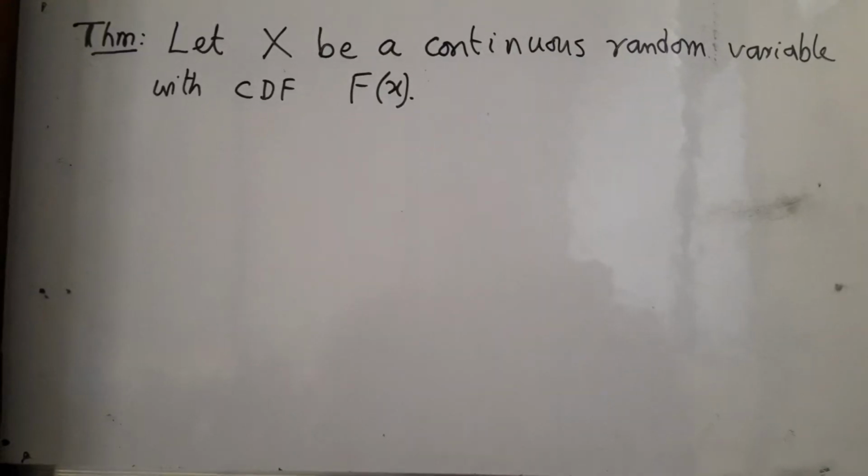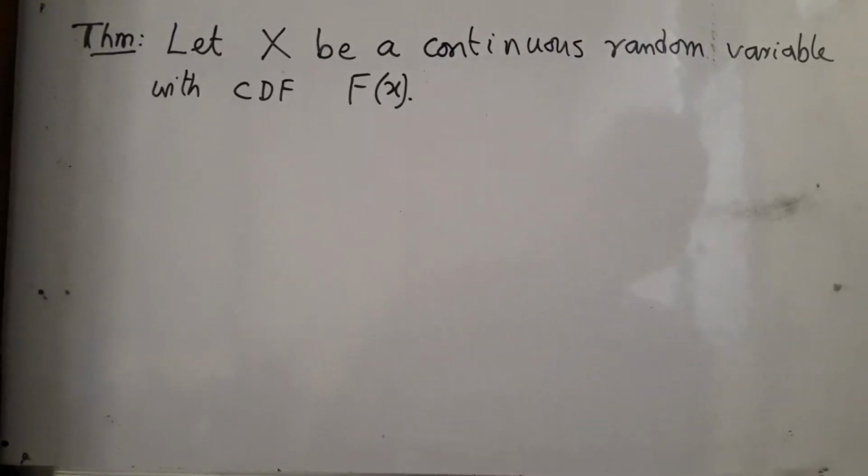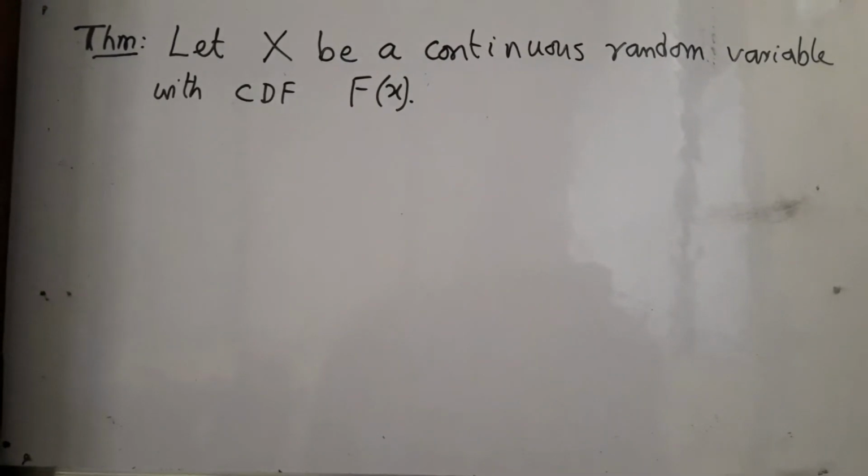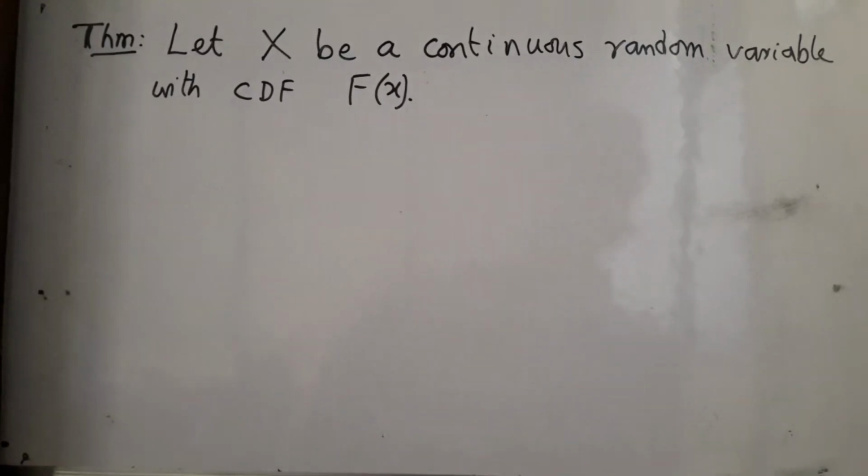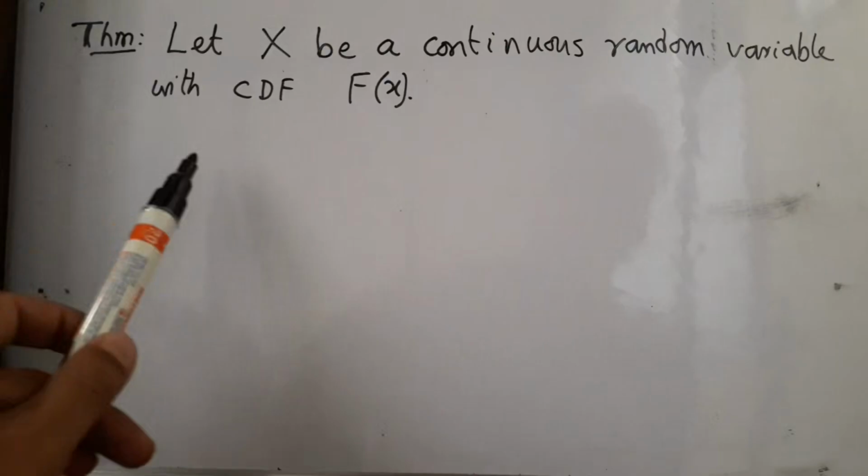I have already mentioned that the uniform 0-1 distribution is of great importance theoretically in probability theory. Now here is the first interesting fact, which is quite unexpected about uniform 0-1. I am stating it in the form of a theorem.